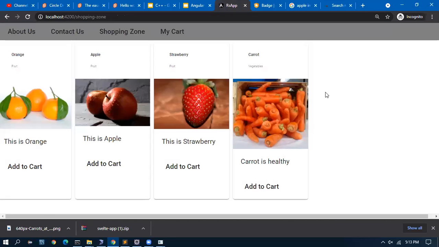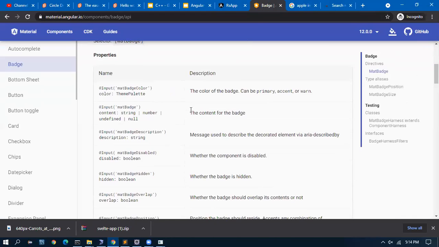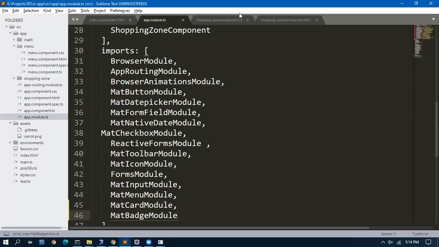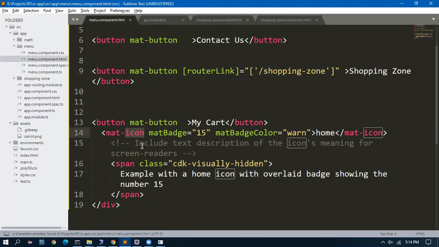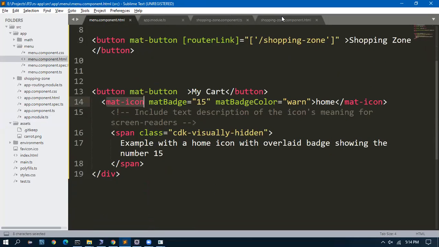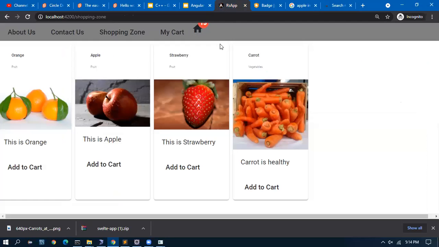Okay, let's see if the icon has come. No. Why? Because we have to do one more thing also. First thing, I didn't save it. For mat icon, I have to do one import. Okay, got it. But mat icon, maybe I did already.